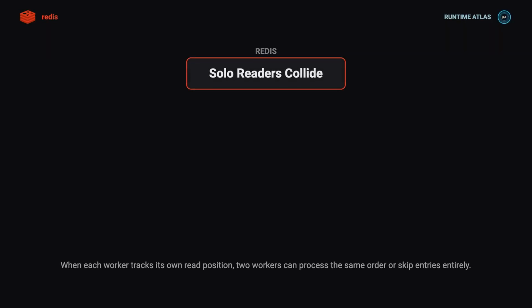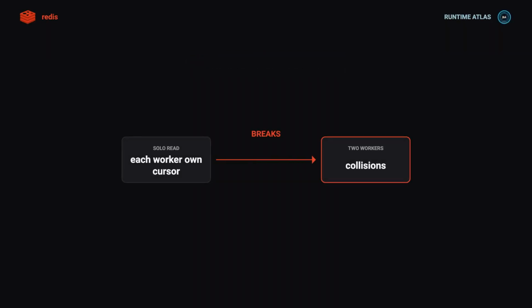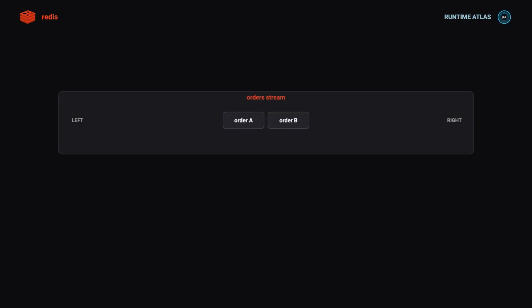With a single worker, it is fine for that worker to remember the last stream ID itself and keep reading forward. Add a second worker that also tracks its own cursor independently, and coordination breaks down. Both workers might process the same order, or one might race far ahead while the other falls behind and skips work. Consumer groups fix this by moving progress tracking into Redis, so the whole team shares one coordinated view of